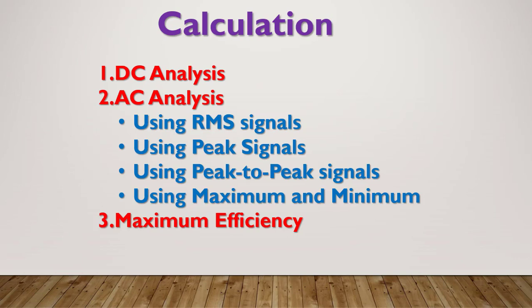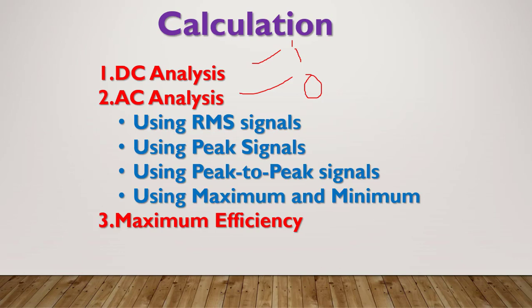What actually do we have to calculate in all these parts? The first one we call DC analysis, the second one we call AC analysis. Whatever input we have is called DC power in, and whatever output we have we call AC power out. Efficiency we can find from output to input. Here the output is AC, so this is the output, and this is the input.